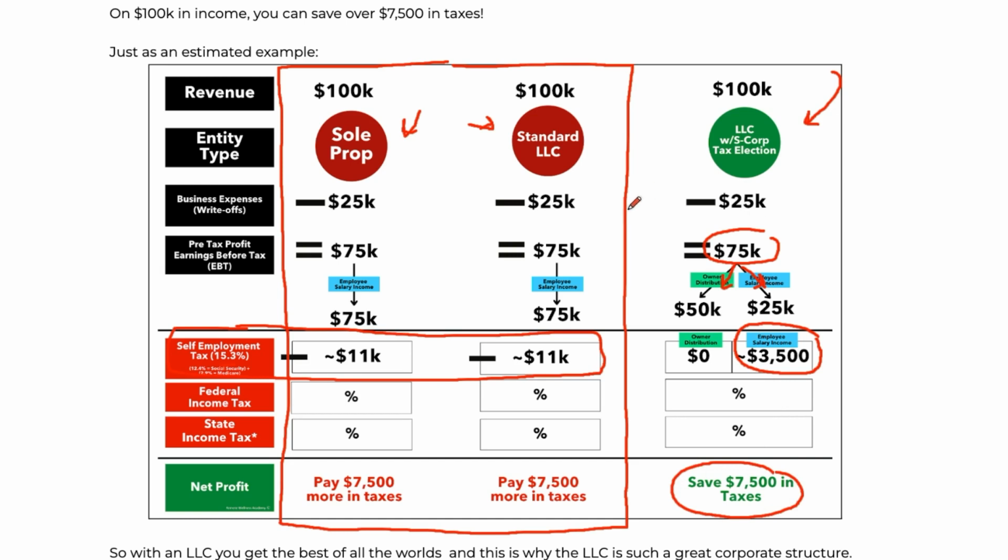Is this making a little bit more sense? I hope so. This is, again, the peak of your understanding. This is as complex as it is going to get. We talked about sole prop. We talked about corporation. I talked about S Corps a little bit previously, but now you're understanding, hey, with the LLC, I can have that S Corp tax election.